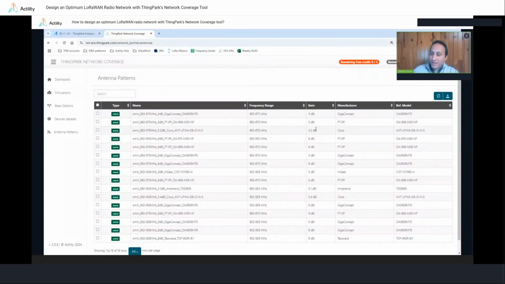The propagation model and the radiation diagram of each of these antennas has already been incorporated in the tool for both horizontal and vertical planes. Accordingly, all you need is to select the antenna that matches your deployment. And if for any reason the antenna you want to choose is not within the list here, don't hesitate to contact Actility, and we will have the necessary information available so that this antenna can be added to the list.